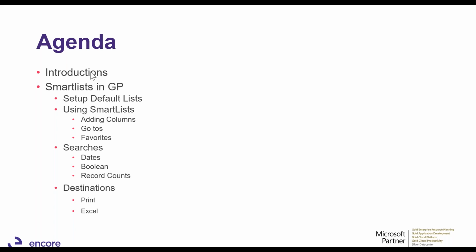Destinations. What do we do with the data once we get it on the screen and go, this is really great? Some people will print it, although very few. I would say 99% of all SmartLists generated end up in the bottom one there, which is Excel. We dump it out to Excel, and then we can run pivot tables and things like that against it quite